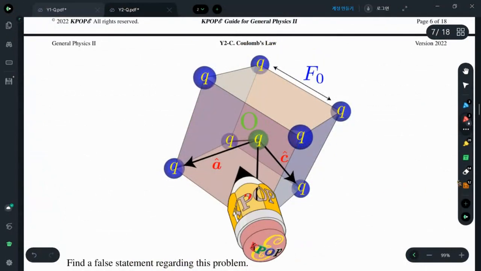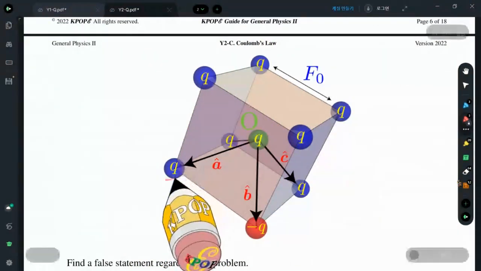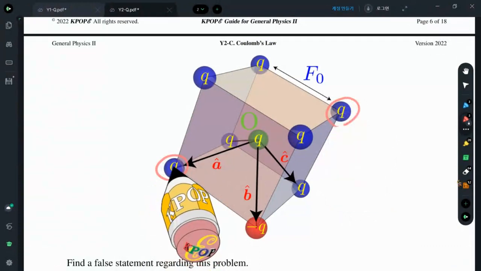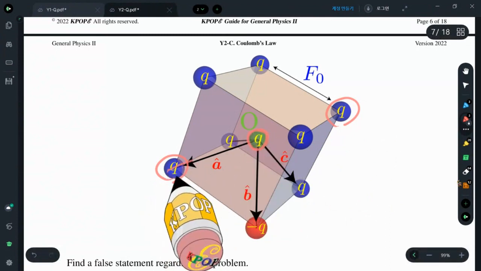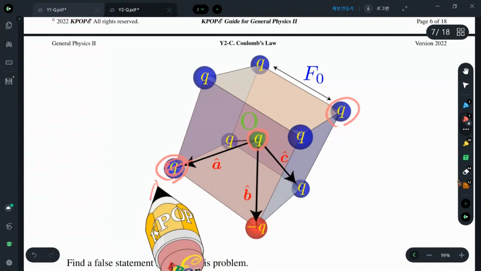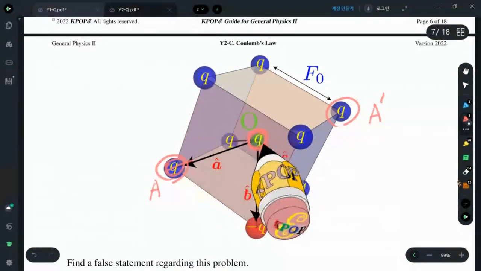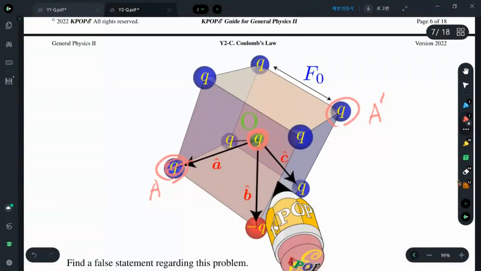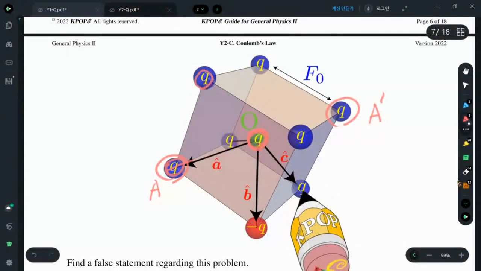If you consider this problem, there is a symmetry. For example, this one and this one have equal charges. Therefore, regardless of the charge inside, for example A and A prime, their contributions of the Coulomb force on this object must cancel. That is true for this and this,